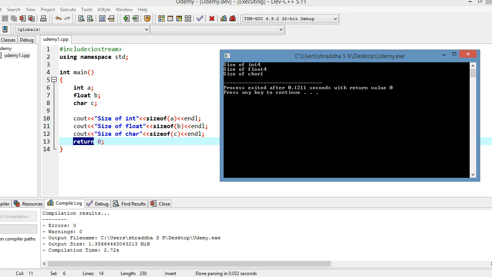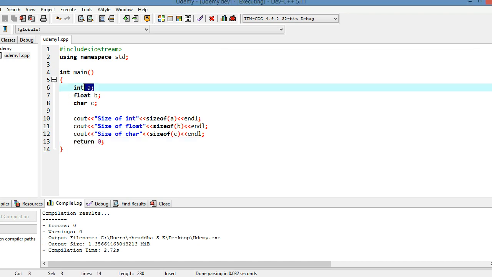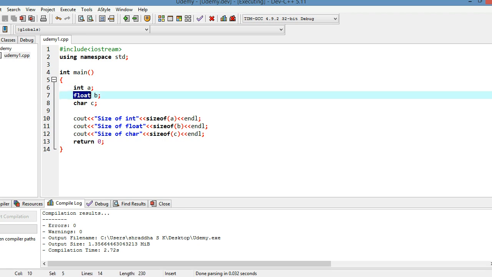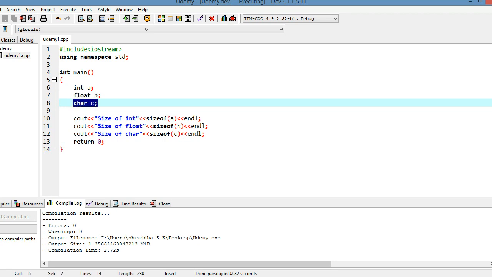The meaning of this size of is that a requires 4 bytes of memory in the system. If we declare one integer variable, it requires 4 bytes of memory. If we declare a float variable, then it requires 4 bytes of memory. Whereas if we declare one character variable, it just requires 1 byte of memory.